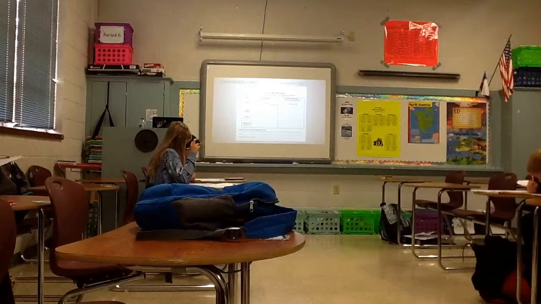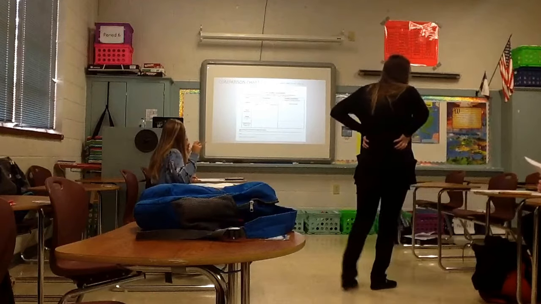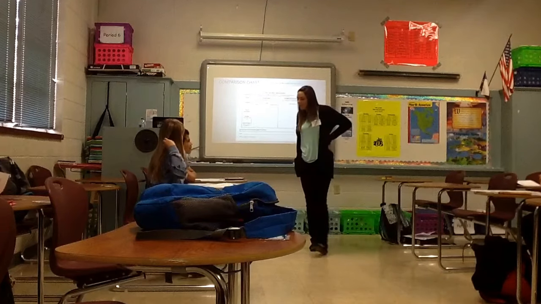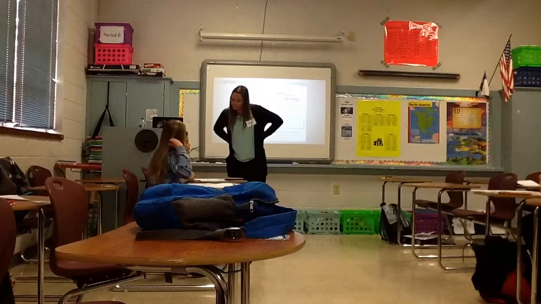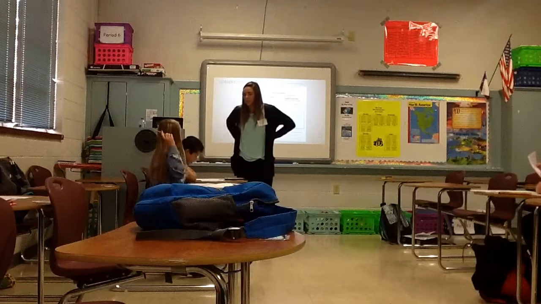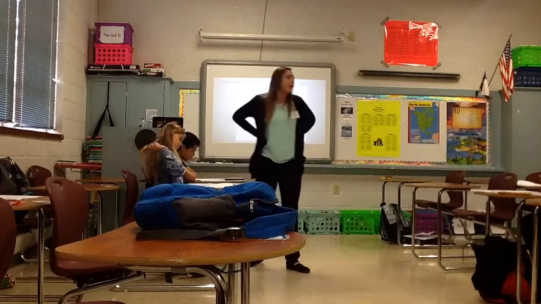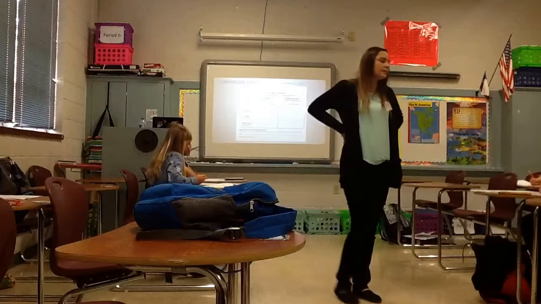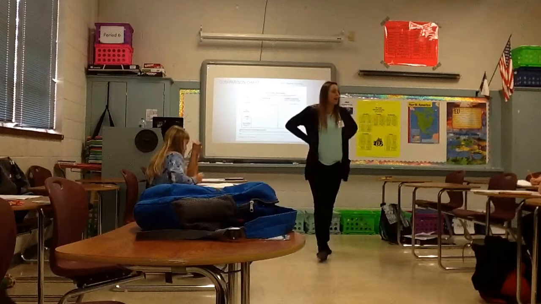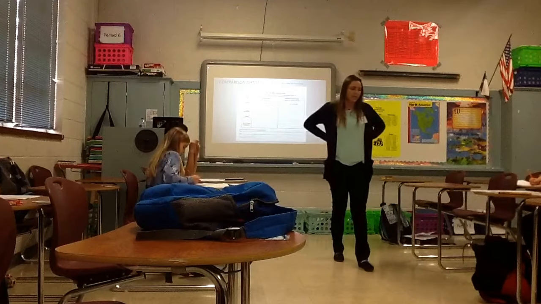What do we get the prizes for? Pros and cons are like good things and bad things. Like a good thing about it and a bad thing about it. Is there pros and cons about federal systems? Federal system, yes. It's split up into two. So the bottom where it says pros and cons, it's just of the two, and that's opinion based. So a pro is what? A good thing about it. And a con is what's bad about it. Right. So those are opinion. It can be different than your partner.